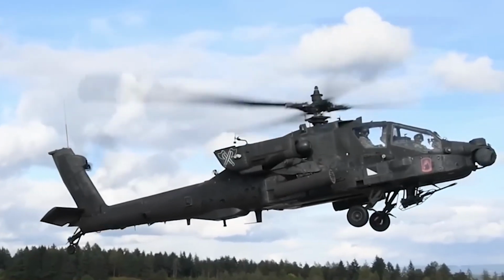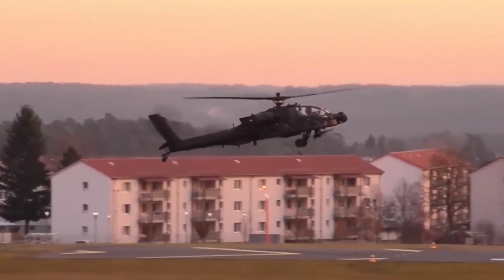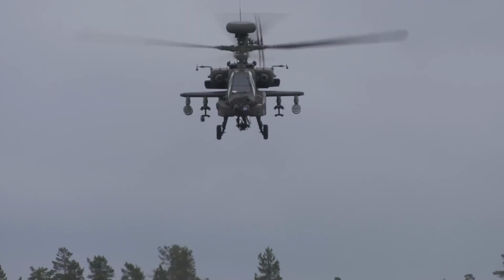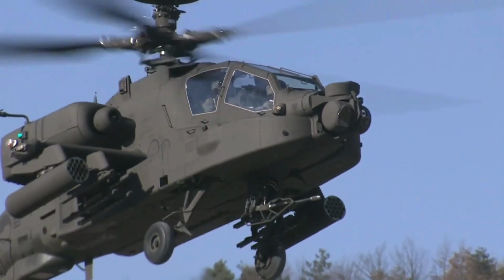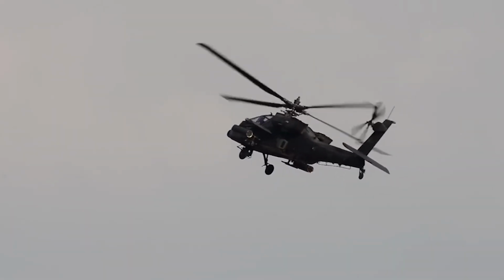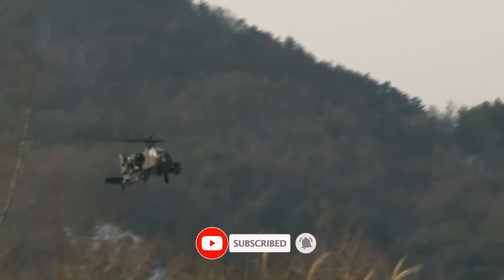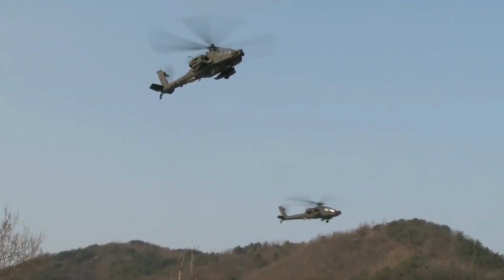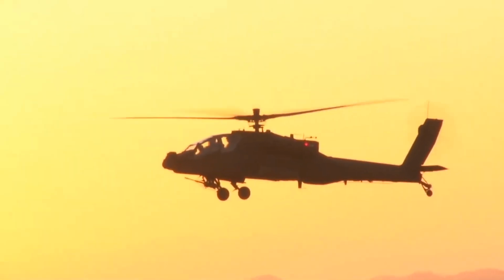In an ever-changing battlefield, the Apache has proven its ability to evolve and meet the demands of modern warfare. From its early days to the cutting-edge upgrades of today, it continues to set the standard for military aviation. With more advancements in the pipeline, this iconic platform shows no signs of slowing down. Will any other aircraft be able to match its adaptability, power, and sheer dominance? Only time will tell, but for now it remains a symbol of air superiority,